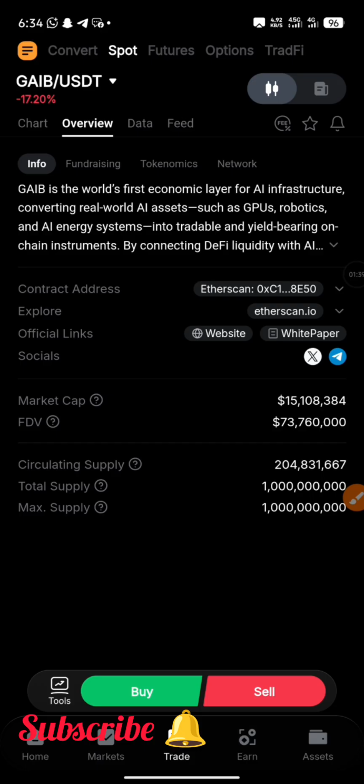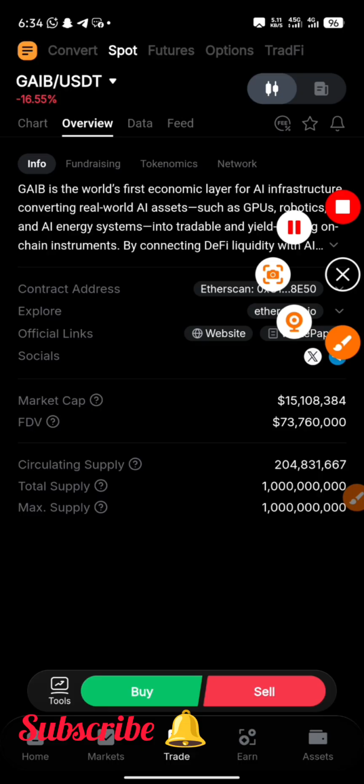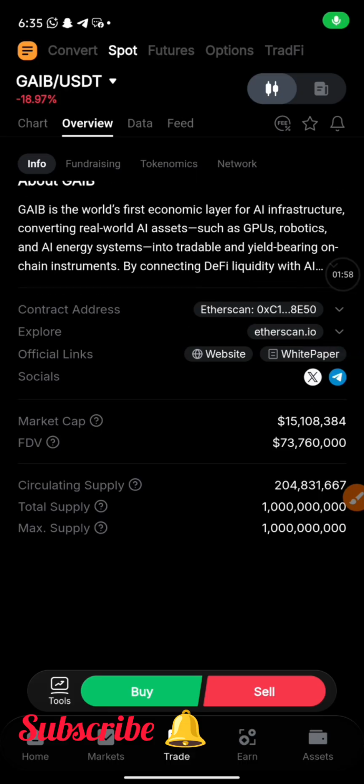Three, it helps compare differences. This market cap you're seeing helps compare differences between one coin and the others. Even if two coins have the same price, their market cap might be very different. So now, in simple terms,